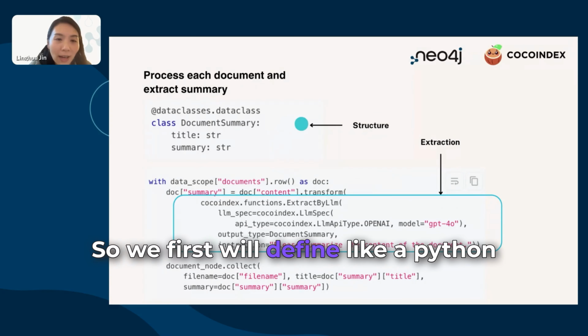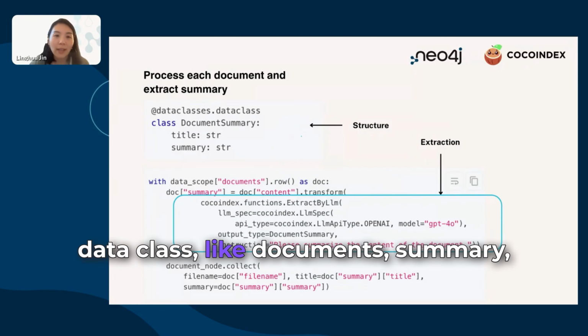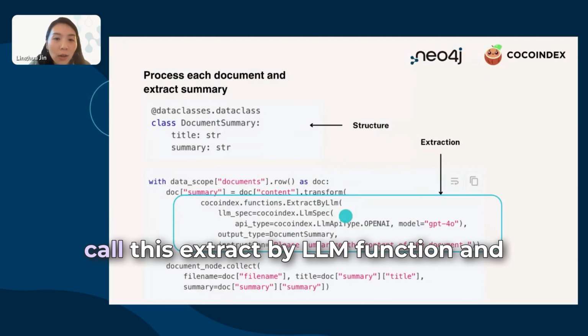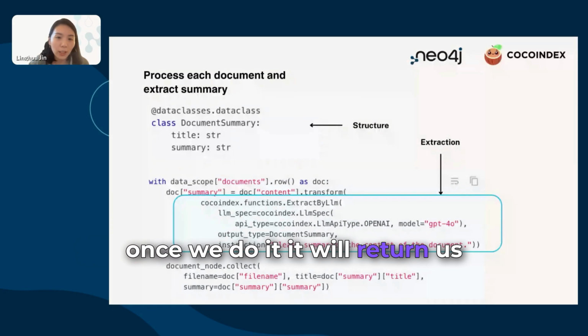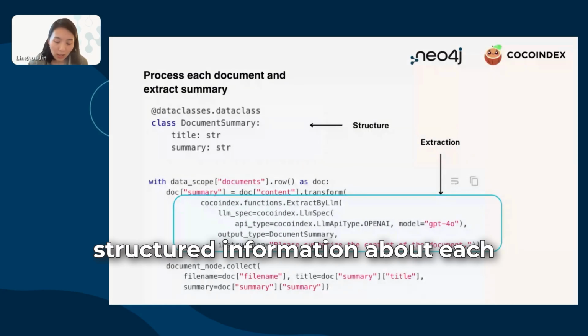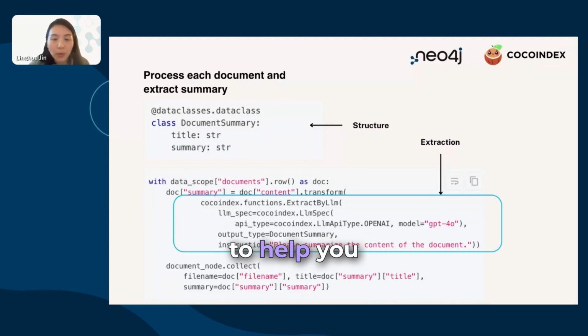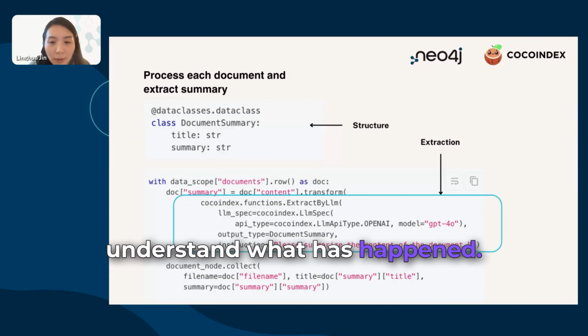We first define a Python data class, like document summary with title and summary, right? And then we call this extract by LLM function. Once we do it, it will return structured information for each document. These are the title, this is the summary, and to help you understand what has happened,